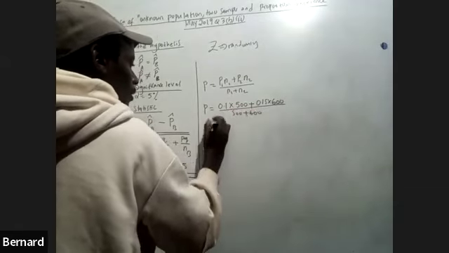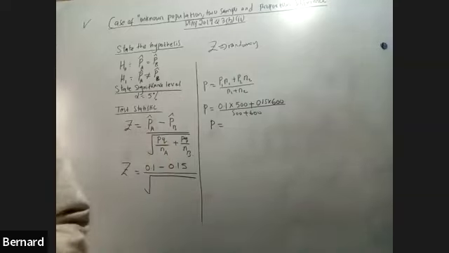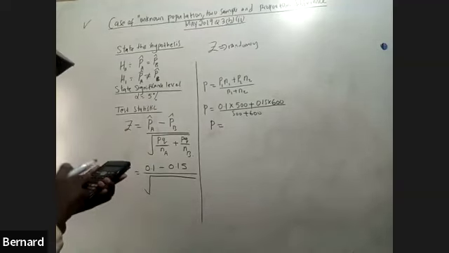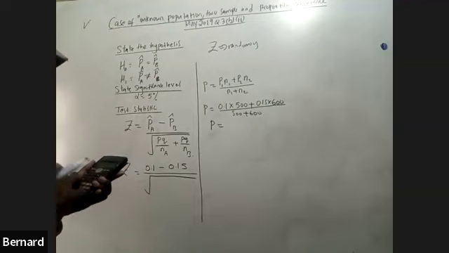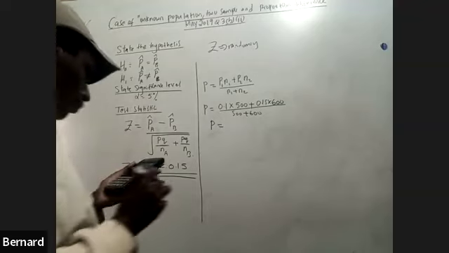You must find P. So 0.1 times 500 plus 0.15 times 600 divided by 500 plus 600, which is